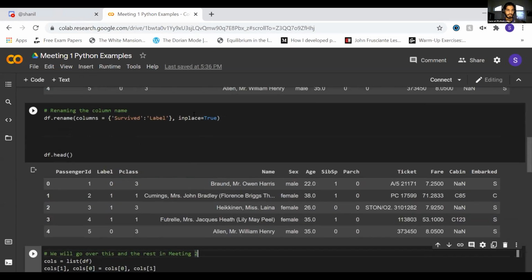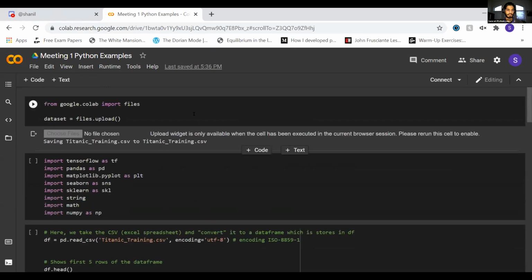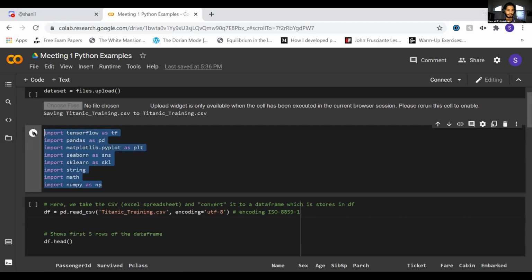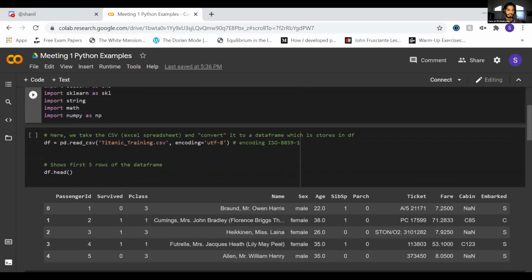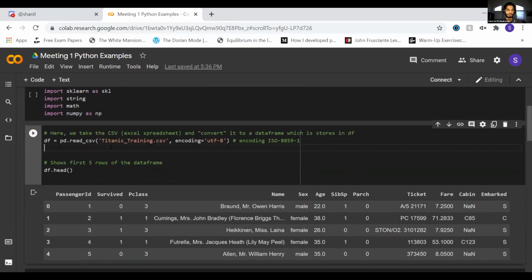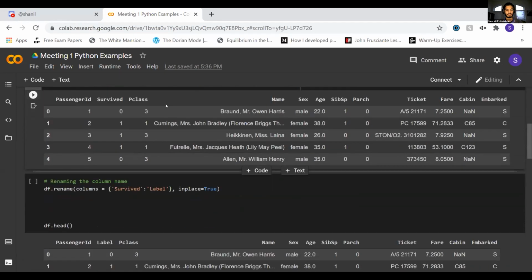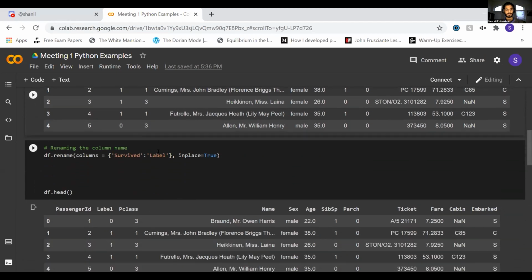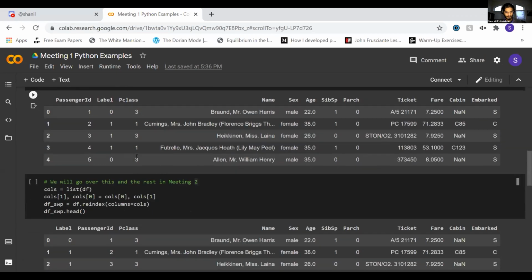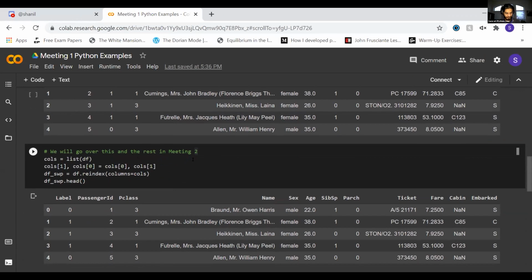So to recall back, we imported our data set. We imported the libraries we need to process the data, the most important one being so far the pandas library. And we read our CSV file into the data frame, storing it in this variable df, and we renamed one of the columns from survive to label. And what we're going to do today is